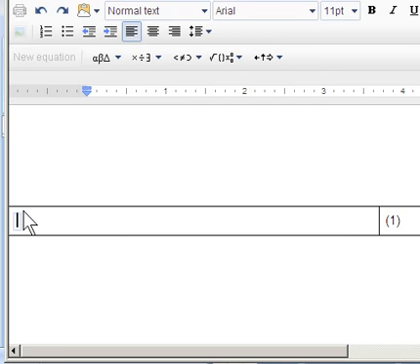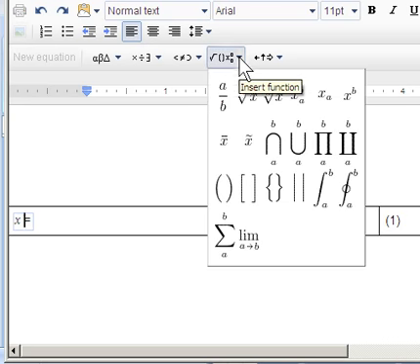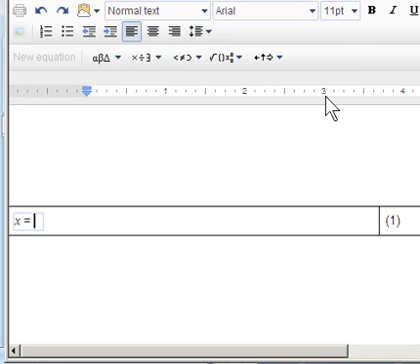So one of our equations of motion is that x equals, and then I want subscript because I want x sub 0 for that initial position as my next thing. So I go to this box here where I've got all the different subscript, superscript, square roots and so on, and I want x with a subscript. So I click on that and nothing seems to happen, but there are two invisible placeholders waiting for my x and the subscript 0. So I hit the letter x